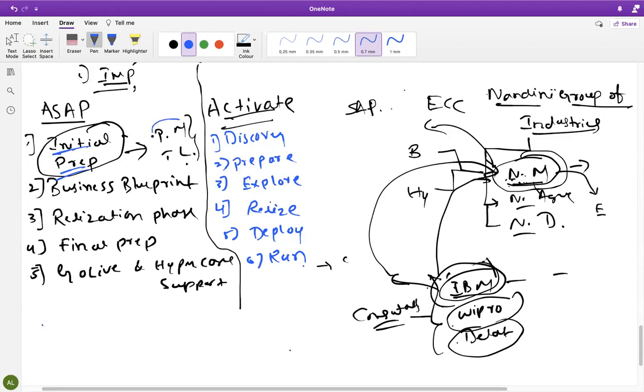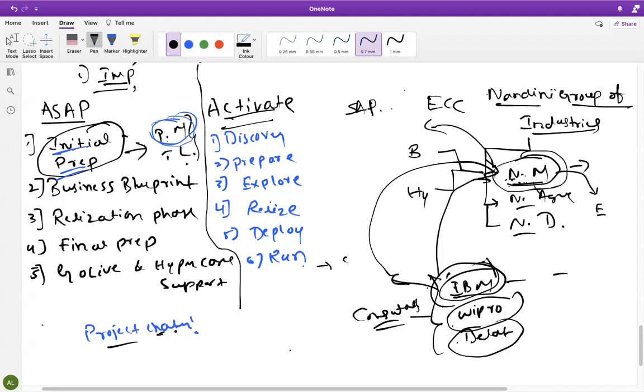As I told you, here a project manager will get hired, the person who will handle all the module people, both technical and functional, all modules, FI, right? First they will decide which modules they need to implement, and then they will hire all these people. When they hire a project manager, he will prepare a project charter.